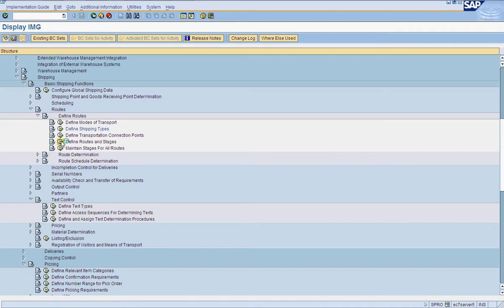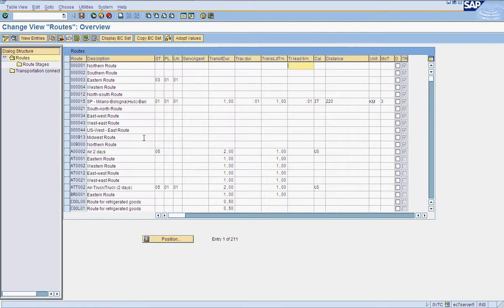Then you have to define transport connection points, it's self-explanatory what is meant by that, but let's see what is meant by a route. In our case we will be using 012, that is the north-south route from Hamburg to Stuttgart or Frankfurt.